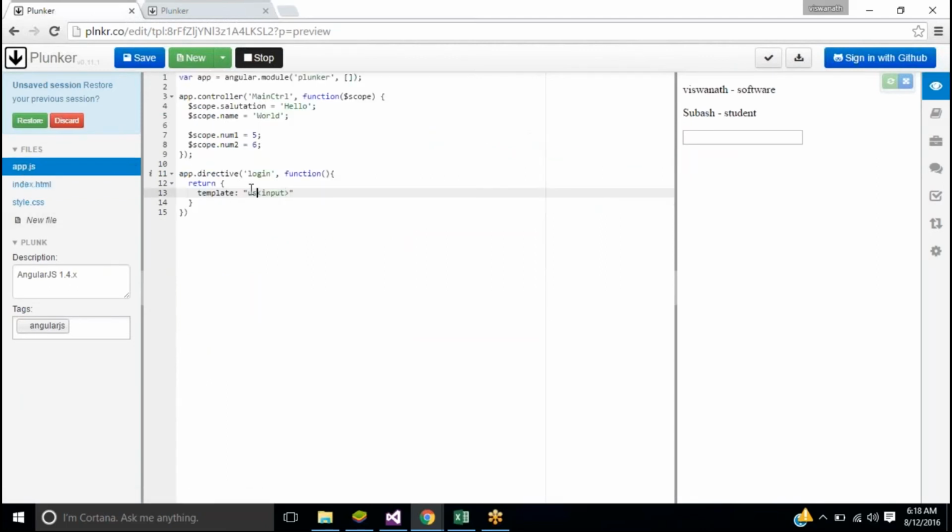So my template, I can now build it as username colon something and break, and I can say password something, an input field, br, and a button.